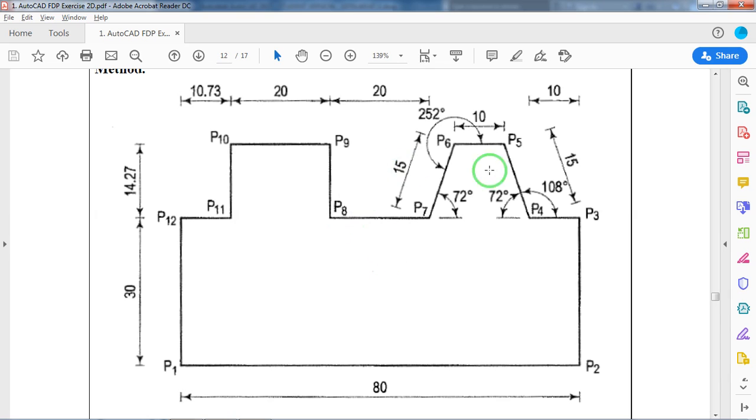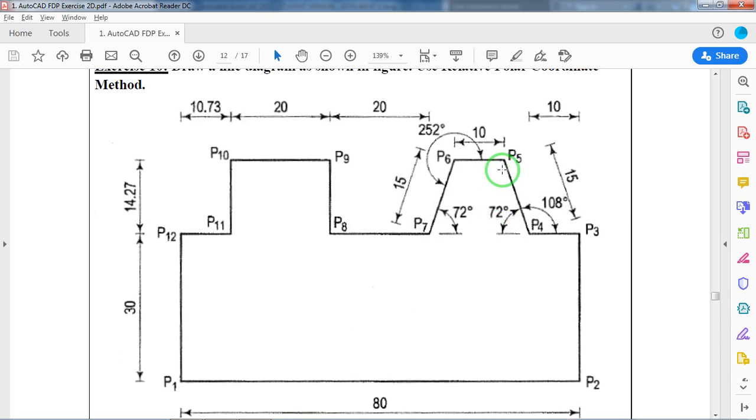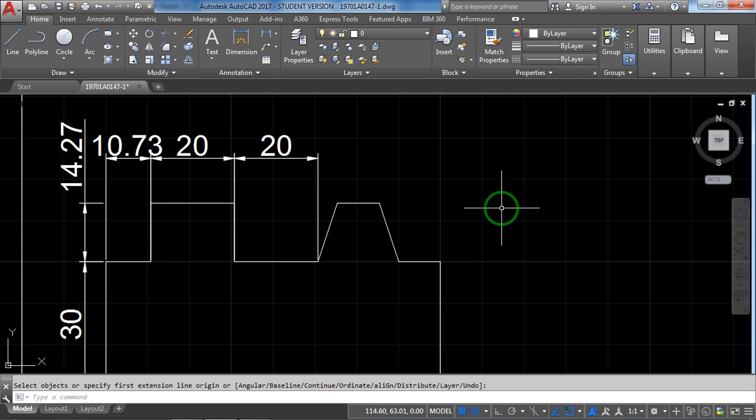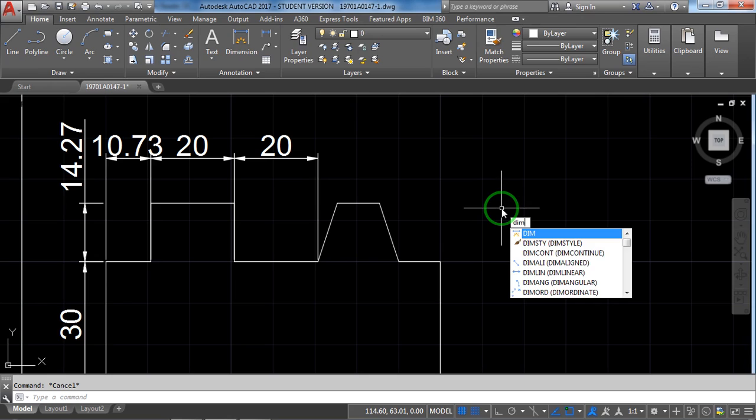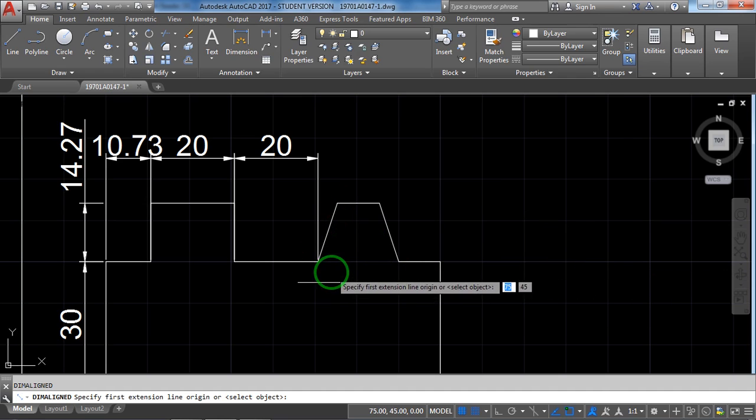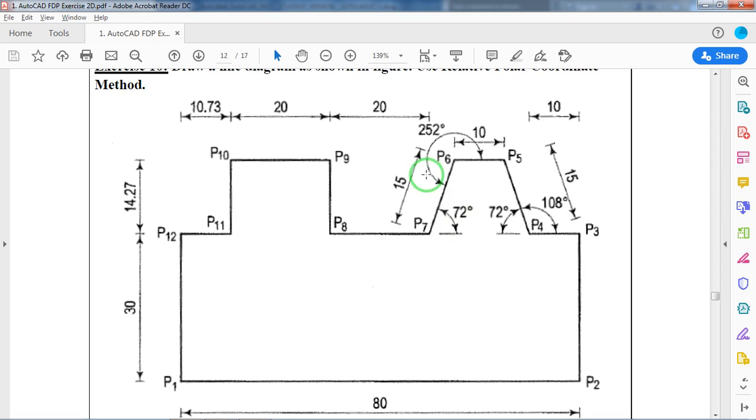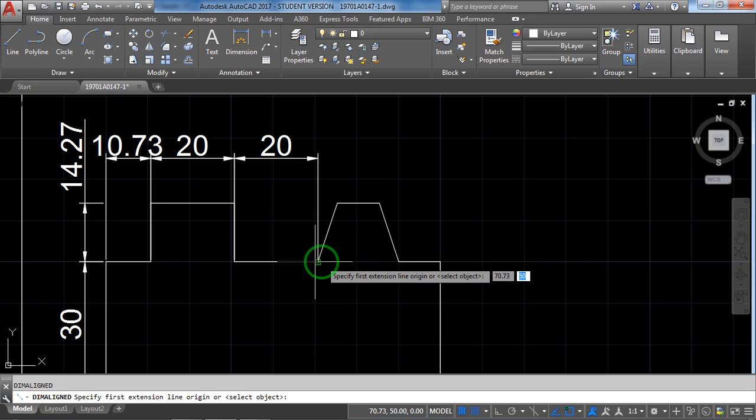Here up to this it's all common, but now here you can see inclined dimensions with angles. How to do angle and inclined dimensions? See, same command, dimension. See, dimension style, continuous, dimension aligned. Actually here we are inclined, so we have to select dimension aligned. Select this. See, aligned means, if you observe the incline, 15, 15, 2 are there. So specify starting point.